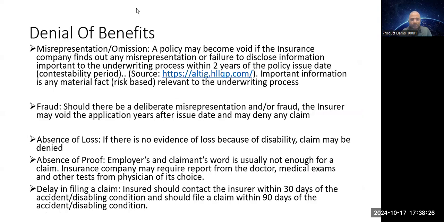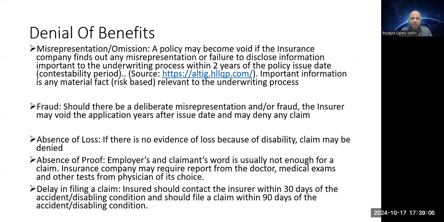All right, denial of benefits. So when it comes to benefits, there are certain ways you may have your benefits denied. There are certain reasons why the insurance company might deny your benefits. One is misrepresentation. Misrepresentation can be done in good faith, or it can be a deliberate misrepresentation. When it is done in good faith, should this happen within 2 years of the issue of the policy date,